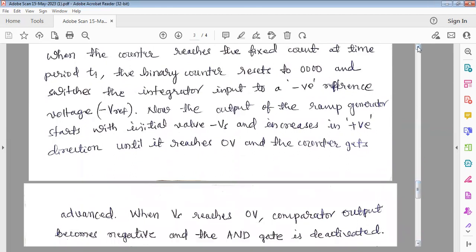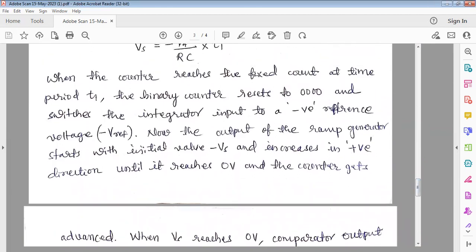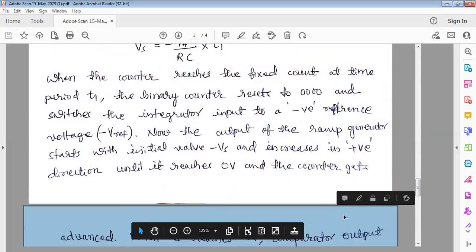And next, when the counter reaches the fixed count at time period T1, the binary counter resets to 000 and switches the integrator input to a negative reference voltage. Now the output of the ramp generator starts with initial value minus Vs and increases in the positive direction until it reaches 0 volt, and the counter gets